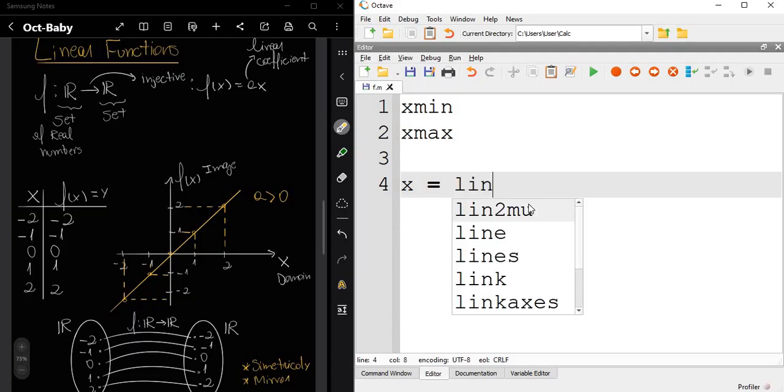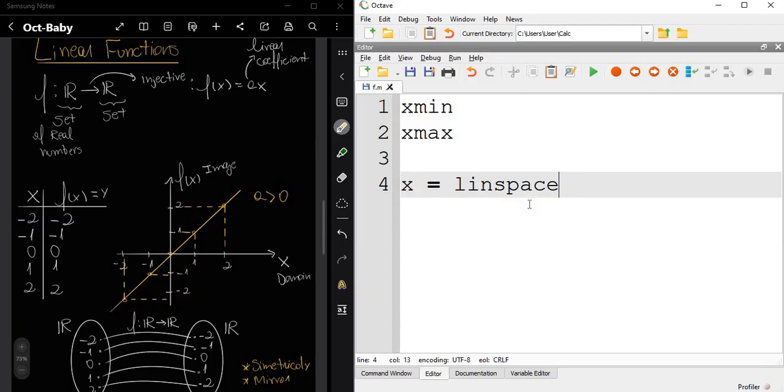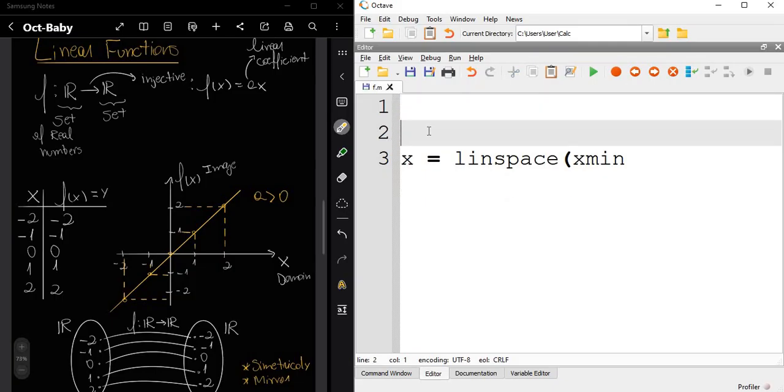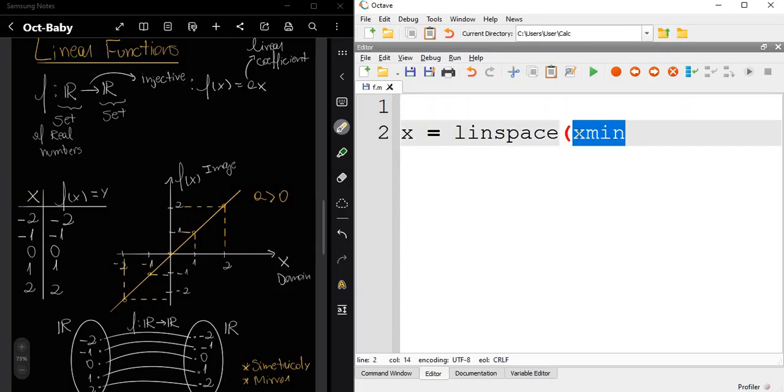We are using the function linspace to draw this x-axis, and we are passing as arguments to this function these variables which store the ranges of the x-axis. But we can do this directly. Instead of using variables, we can directly pass as arguments to this function the ranges of the x-axis, its limits.